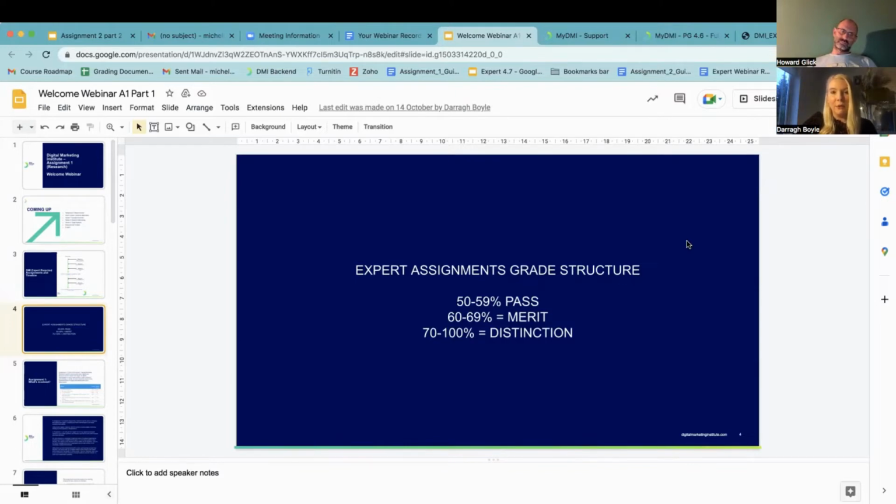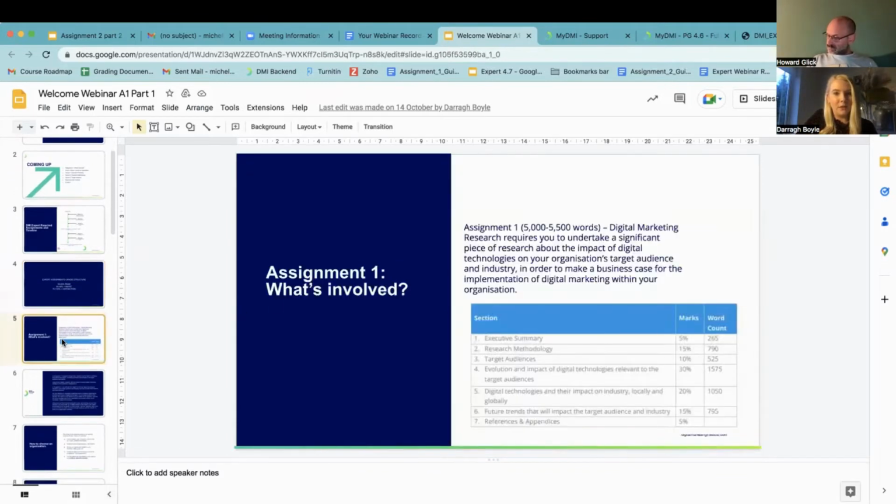It really requires a lot of extra content in your appendices. If you really want to go towards a distinction, you need to go into a lot of detail. You need to really look at adding in a lot of detail, diagrams, tables, go all out on the information. We'll show you how to do that, but the best grades are from the most detail. So we'll show you how to work towards that along the way.